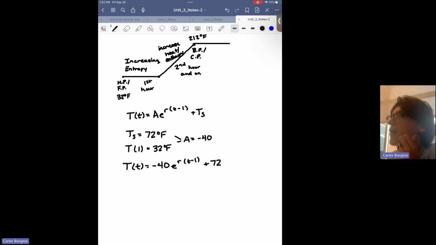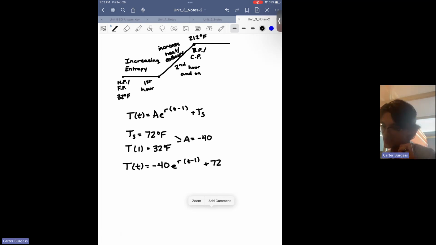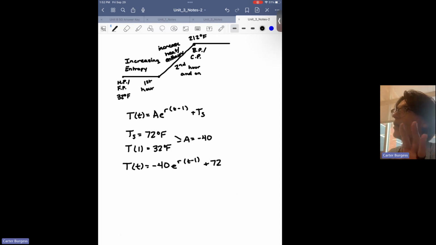How did I find r yesterday? What did we end up doing? Say again? So that gives us the value of a. That's how we found that a value there. How do we find r? This is where we're going to start needing to solve stuff. How do I solve for r? Yeah, so we're given a point here. We need to be given a point, a combination of input and output. Our point is